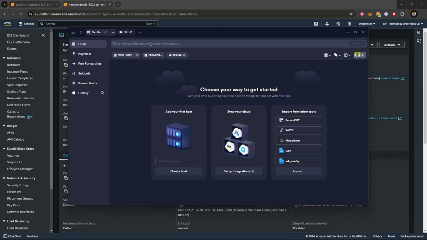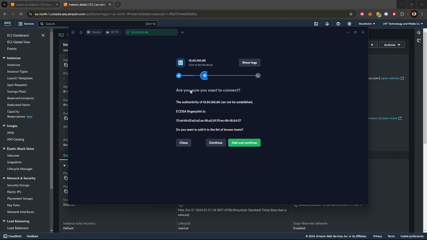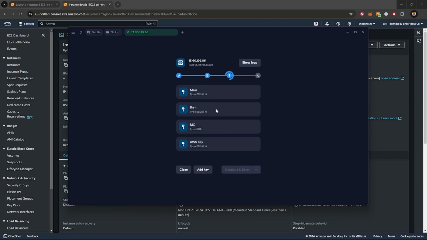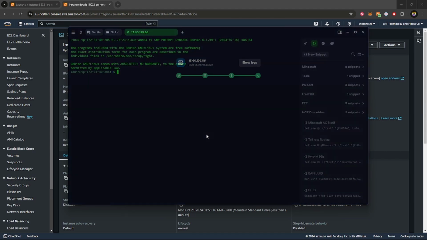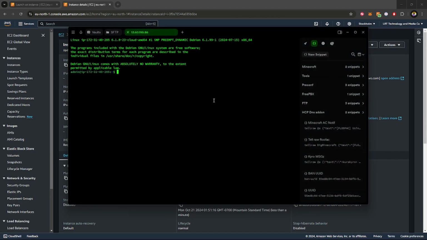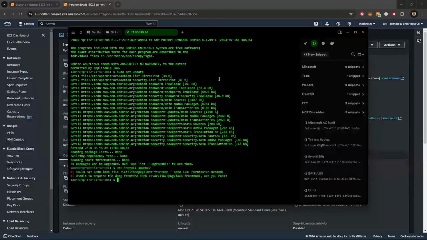Now I'm going to go to here, ssh admin at the IP. Continue, agree and connect, and I'm going to choose my AWS key. And here we are. Now that we're here, I am going to update, make sure we're on the newest software. Okay, sudo apt install